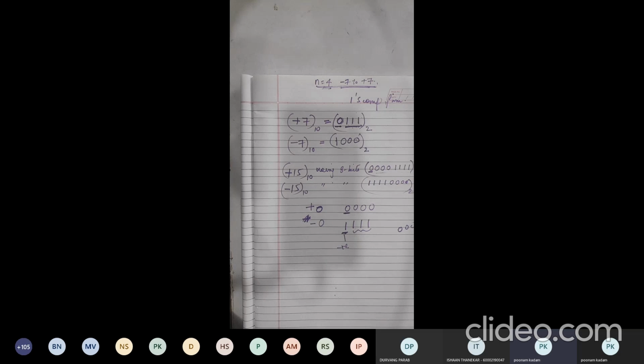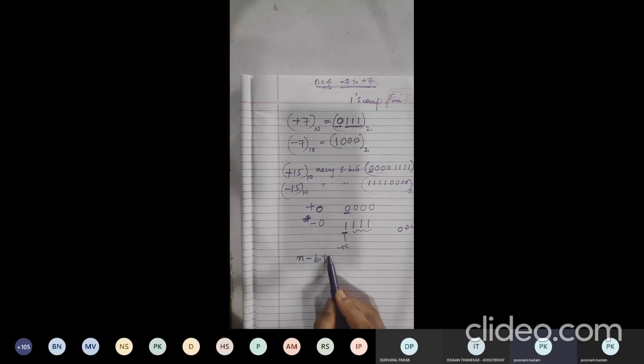Right? So this form of representation also faces the same problem. There are two ways to represent number 0, which has no meaning. Plus 0, minus 0, it means the same. If one code word is sufficient to express number 0, we are wasting one code word unnecessarily. So there are two ways to represent 0 here also, and therefore the range of numbers that can be represented